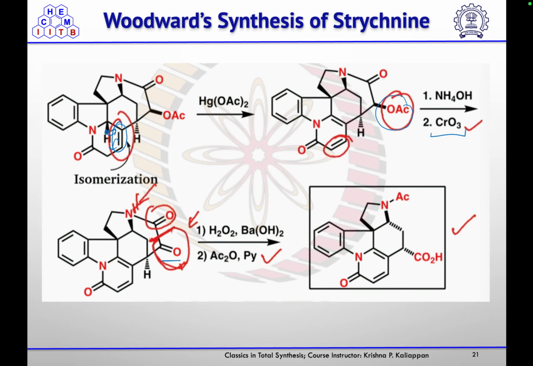Then using H2O2 and barium hydroxide, they cleaved this bond, and then that free nitrogen they acylated using acetic anhydride. So when this will cleave, there is decarbonylation and another group was changed to the corresponding acid. So basically hydrolysis was happening. So here OH negative will attack, and this group, carbon monoxide, will leave, and that free amine will form. That free amine will react with your acetic anhydride to form the N-acyl group.